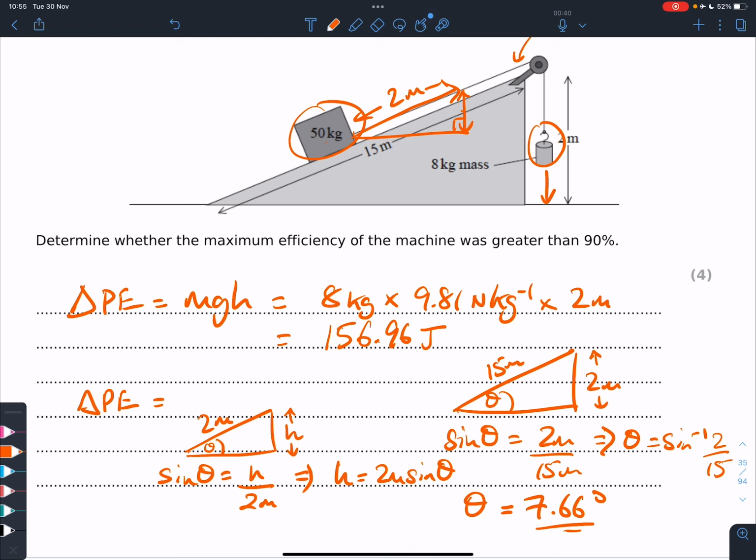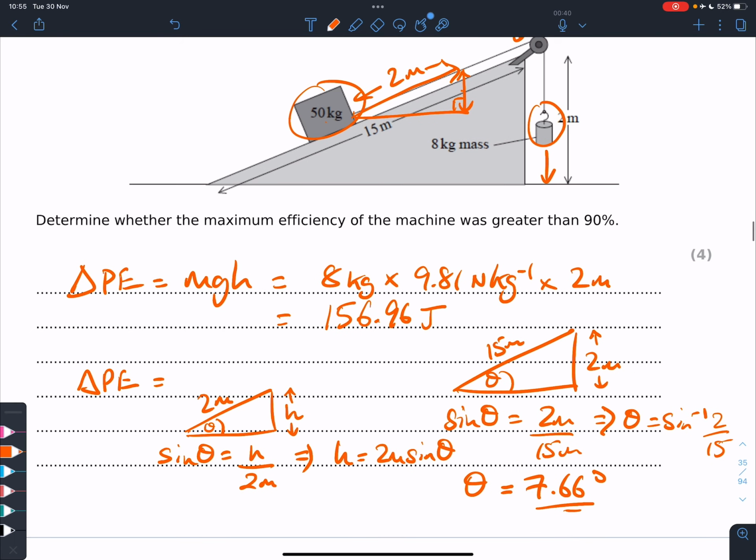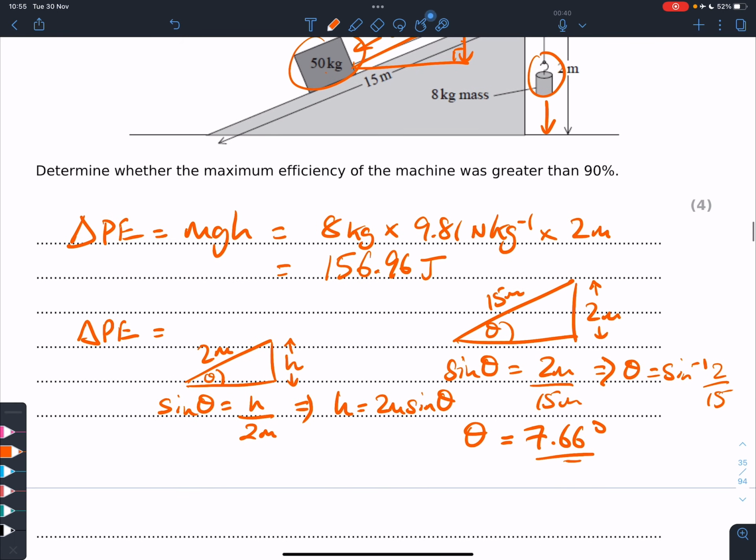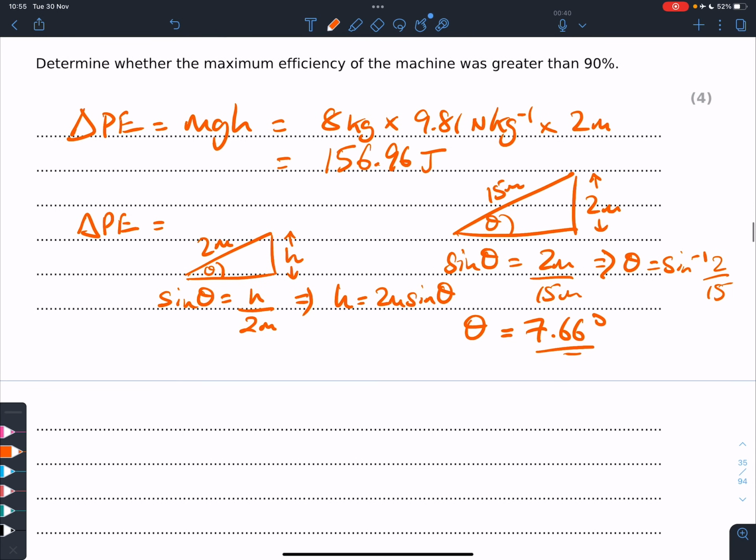Now we've already worked out that sine theta was 2 over 15. So h is equal to 2 meters times 2 over 15, which is equal to 4 divided by 15, which is equal to 0.26